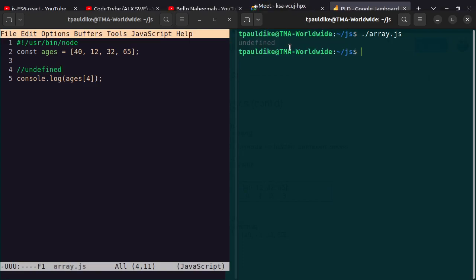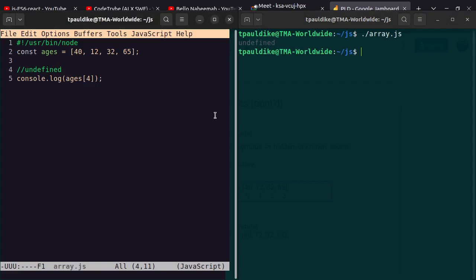So it's like saying, we have a variable there, but there's nothing inside it yet. It means I can come here and say ages at index 20 is now equal to 34,